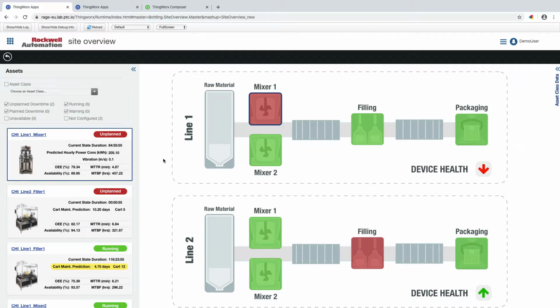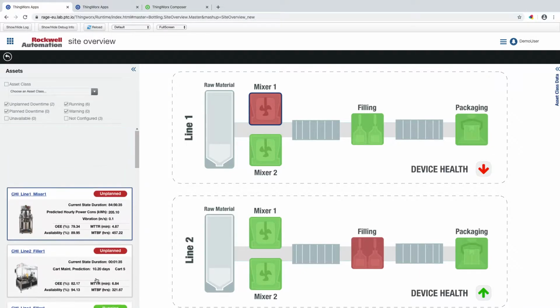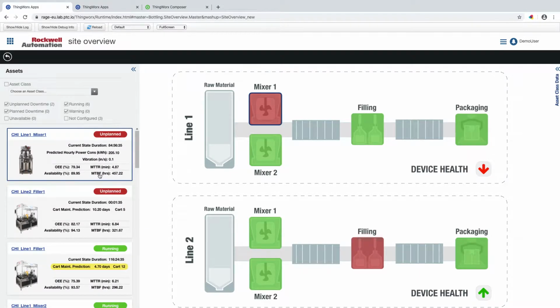Take a few minutes and go through this particular dynamic and interactive ThingWorx mashup from a system we call the Rage demo. And frankly, I think this is pretty awesome for a number of reasons. And so I've dived into understanding how it works, and I'm going to attempt to rebuild it and decompose it a little bit. So first of all, a couple of things that we see here is we see the asset